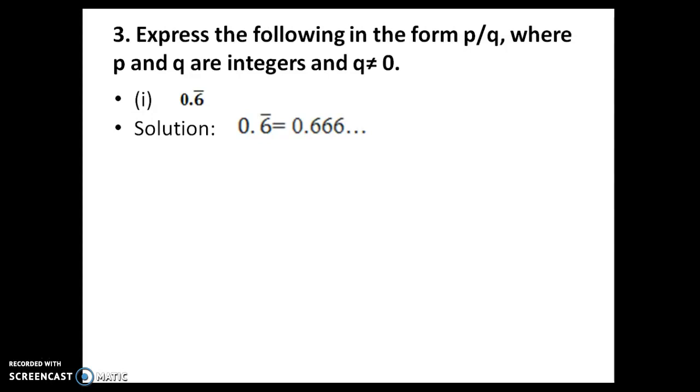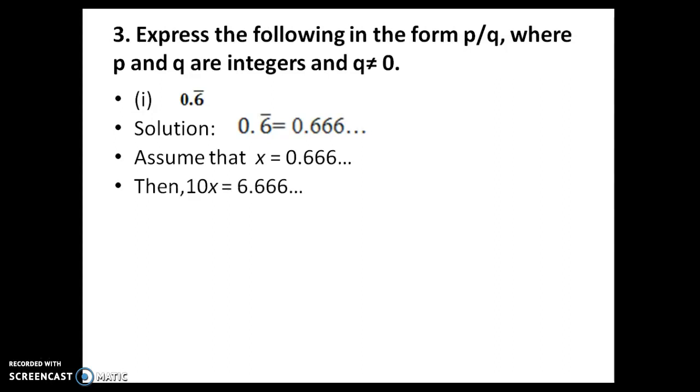So in the previous problem, what we saw is they gave a fraction in the form of p by q and we converted it into a decimal expansion. In this problem they have given a decimal expansion, and we have to convert it in the form of p by q. So the solution we will start with this. Assume that x is equal to 0.666666. So this given number we are taking as x.